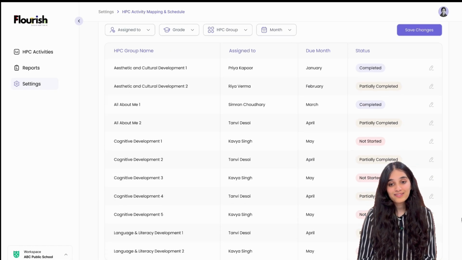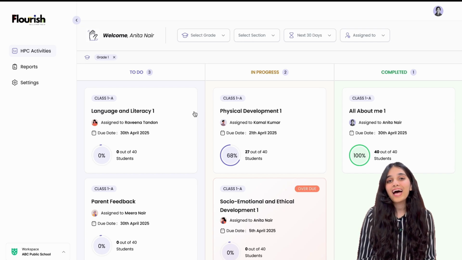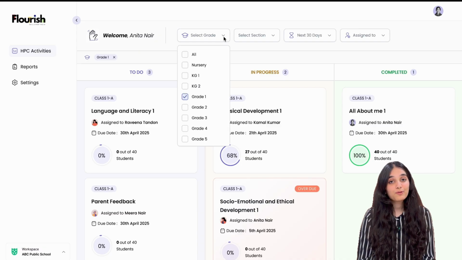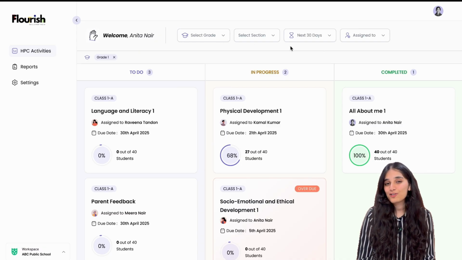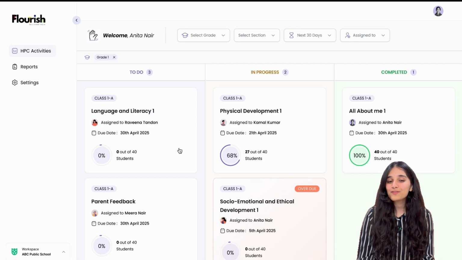Once the plan is completed, it will show up in this way. This provides you, as a school leader, complete visibility of all the scheduled assessment activities and their current status. You will be able to filter by grade and assign to teacher. Just by looking at this view, you can get a summary of how HPC assessments are progressing and which teachers need additional support and help. A similar view is available for grade coordinators, class teachers, showing all assessment activities that they are overseeing.